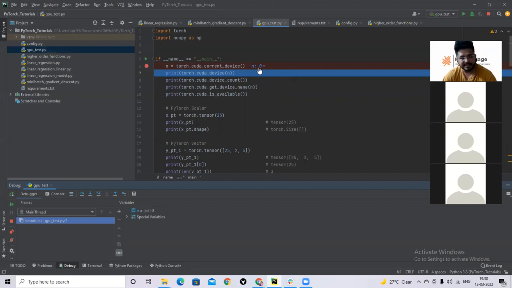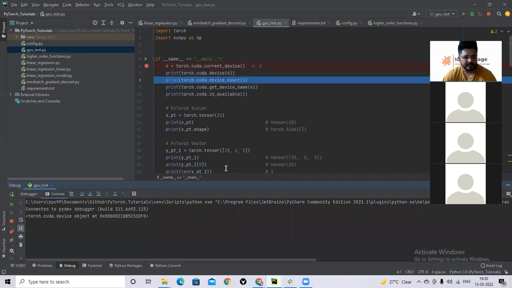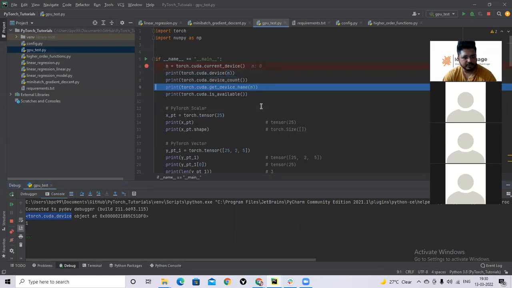So there is a device and its number is 0. Then we are printing the device. It is a PyTorch CUDA device class. I'm getting the count here as 1. I have a single CUDA device.